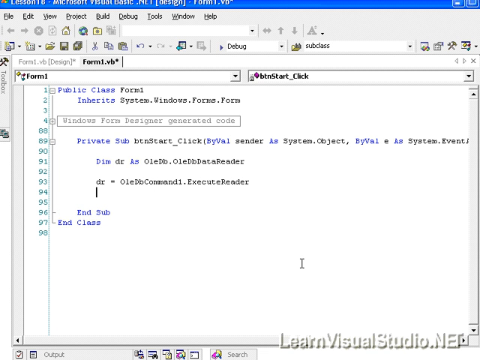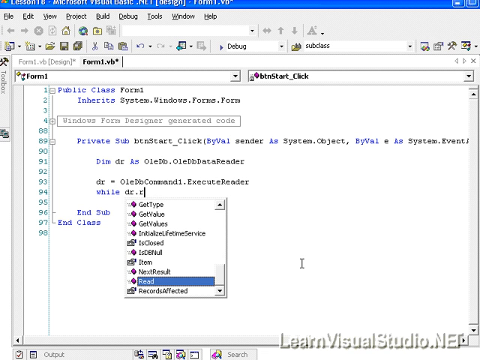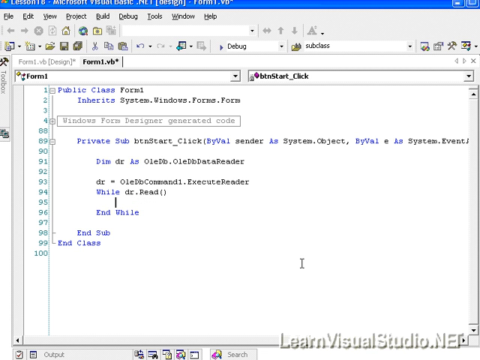At this point, if everything went okay, then we should have records in our data reader now. What we need to do is loop through our data reader, take each record, look at it one by one, and then determine what we're going to display in our text box. So what I'm going to do is this. While dr.Read, okay, what this is going to do is say, while we can still read another record, do it, or in other words, read it, and now we get to do something like txtResult